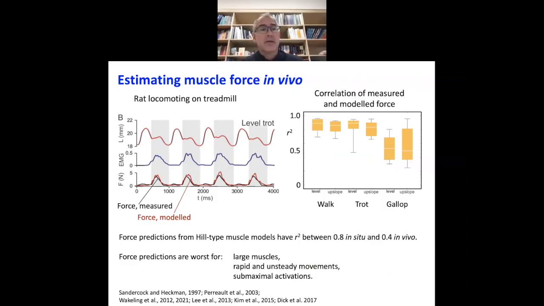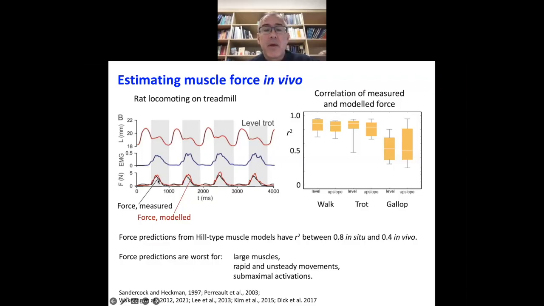But how good are the hill-type models? Should we use them? Should we trust them? I've got data here from a rat locomoting on a treadmill. We've measured the length of the fascicles with sonomicrometry. We got an EMG signal that I've put an envelope around. And then you can measure the force in black and predict the force from some kind of hill-type model, which